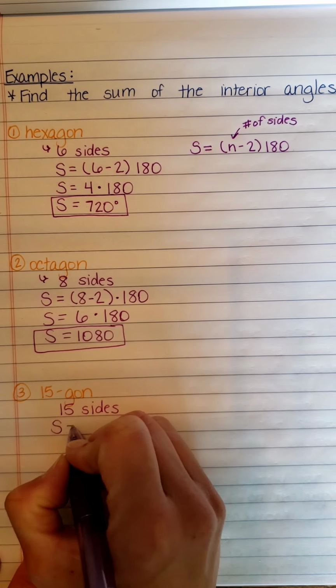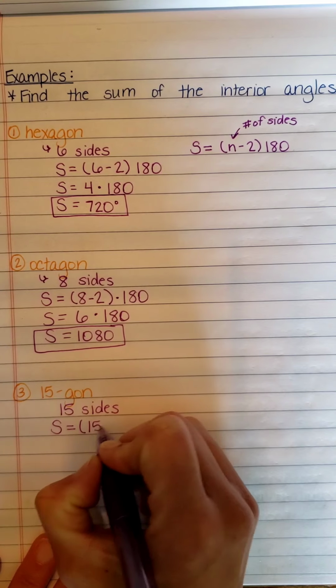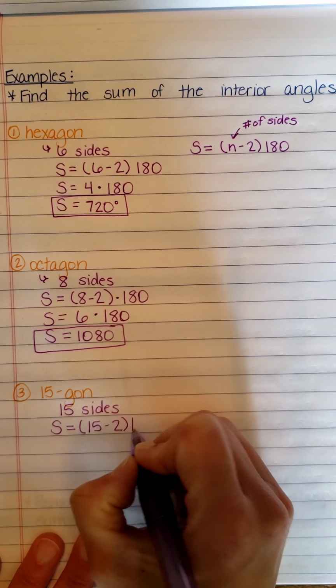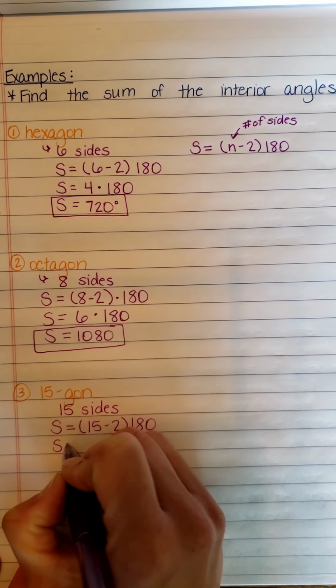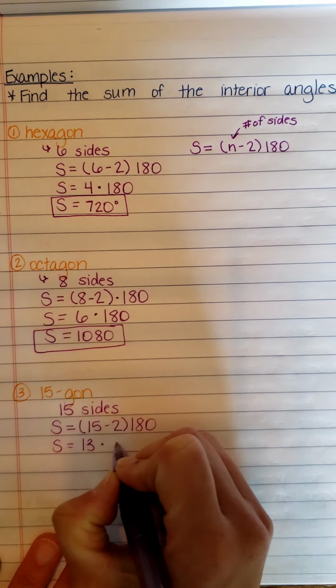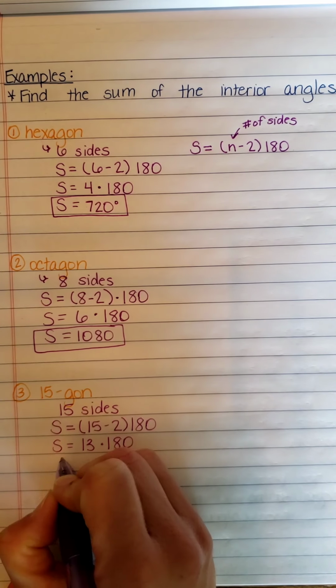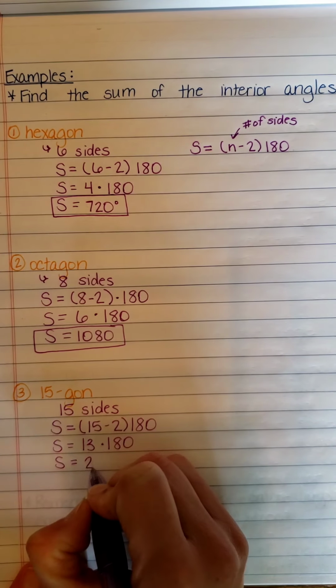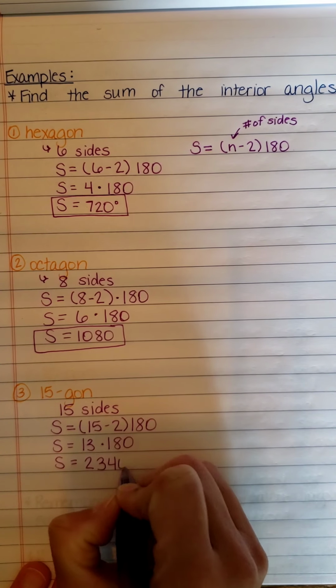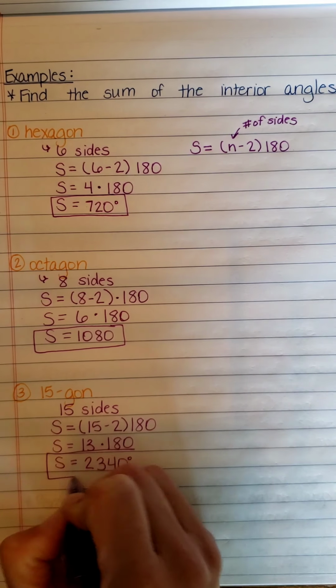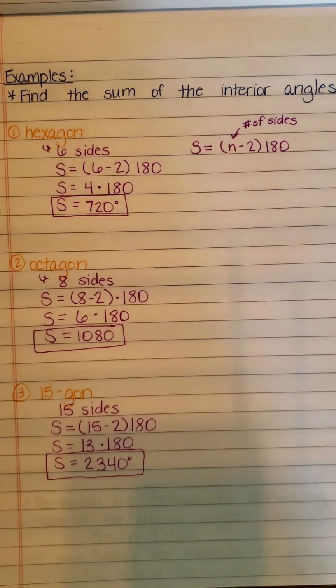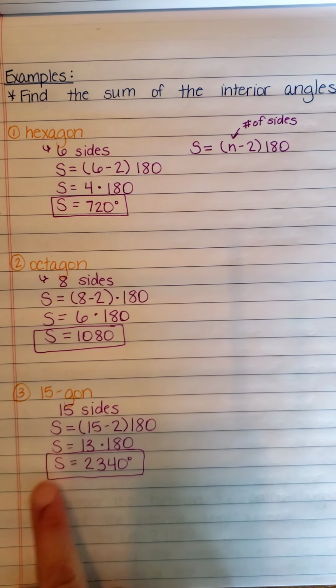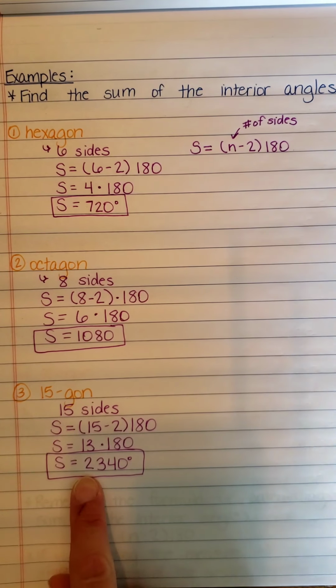So I'm going to use the formula: 15 minus 2 times 180. Well, 15 minus 2 is 13, so I'm going to do 13 times 180, which is 2,340. So if I have a 15-sided figure, all of the sides and all of the angles are the same, then that means the sum of the angles on the inside is